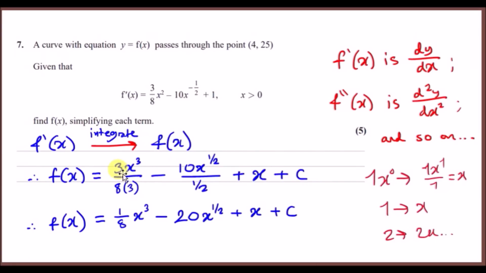Now, thankfully, because of our calculator, we can fully simplify this. So in your calculator, go ahead and write 3 over 8 times 3 and 10 over half to give you the simplified versions. Now, what do we do from here? So recall how they told us that we need to use the point (4, 25), because that's what this curve y equals f(x) passes through. Now the point of this is that this is not the final result. We need to evaluate c with the given conditions. So I said, okay,